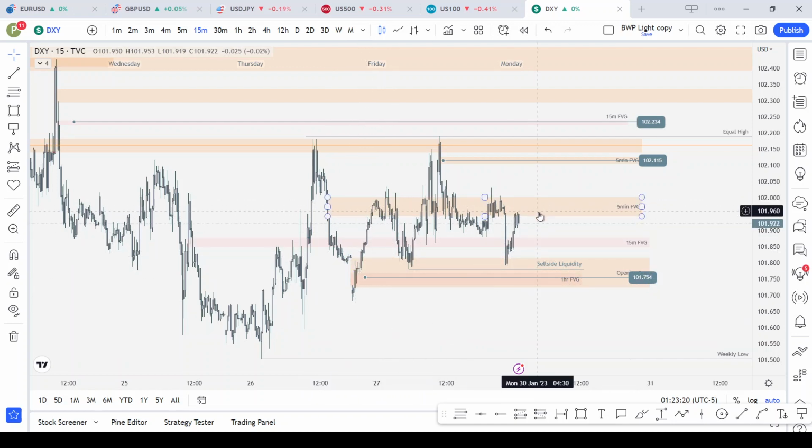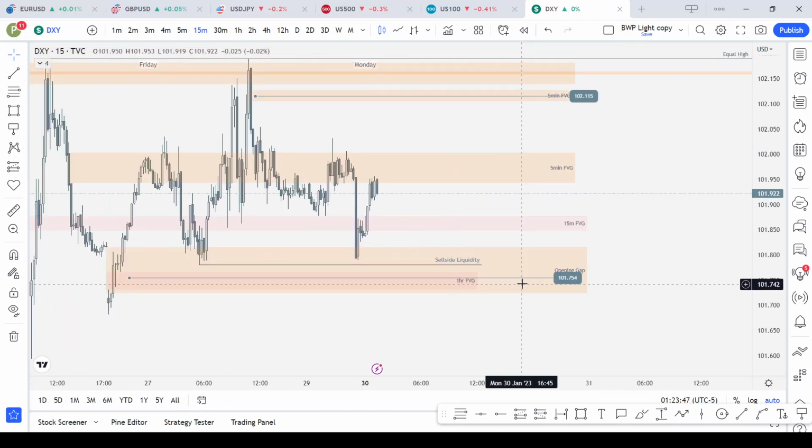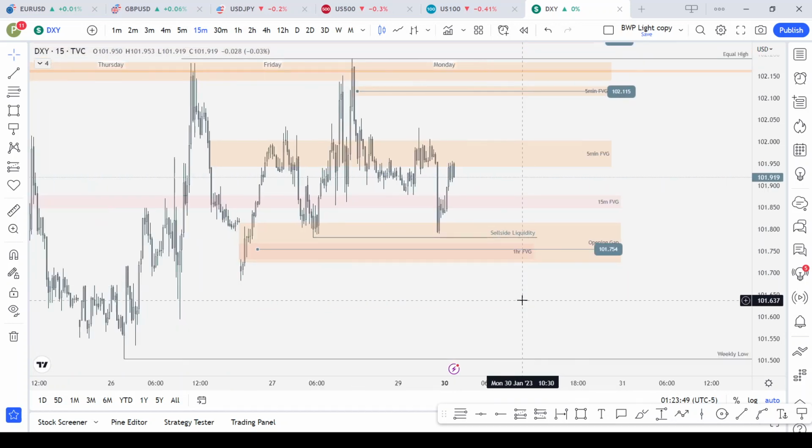Okay, so if the market should come back down, I'd like to see a rejection here to come back to this fair value gap. We have a short-term low, and watch if it turns this fair value gap into support, or this one. If it drops down to this level and turns it into support, then this high becomes the next target. Okay, depending on what price does. But what I'm anticipating right now is